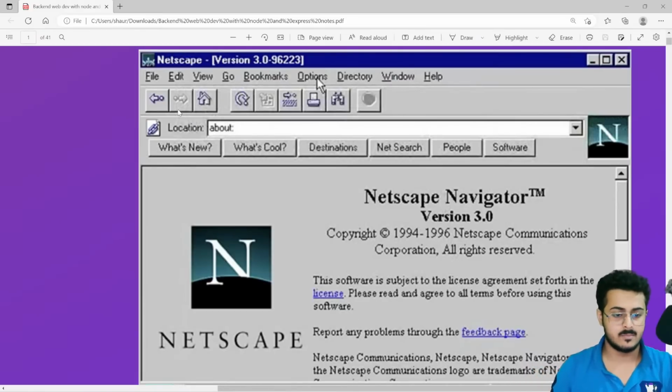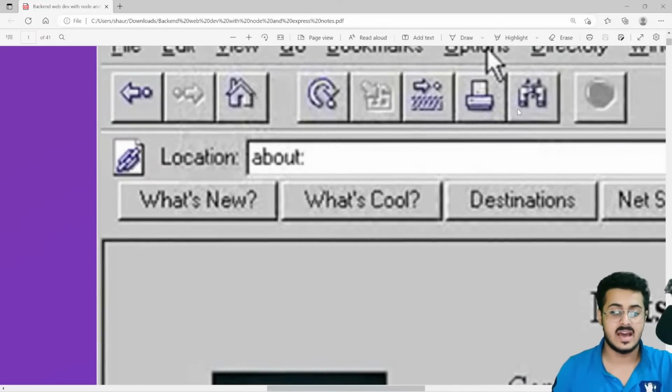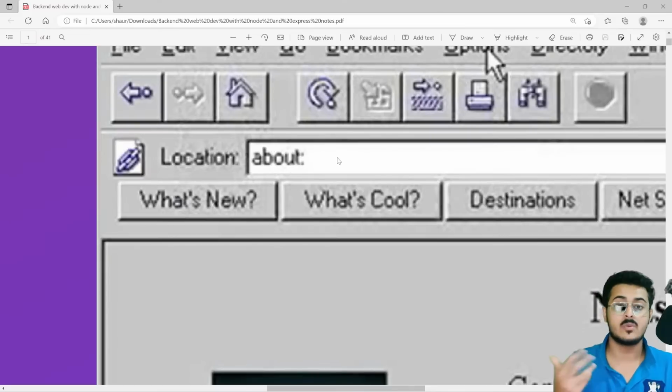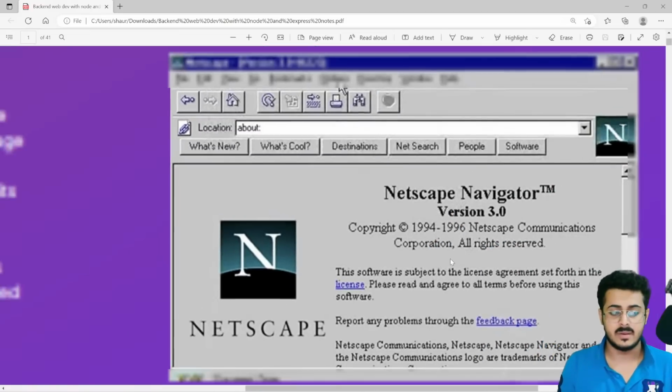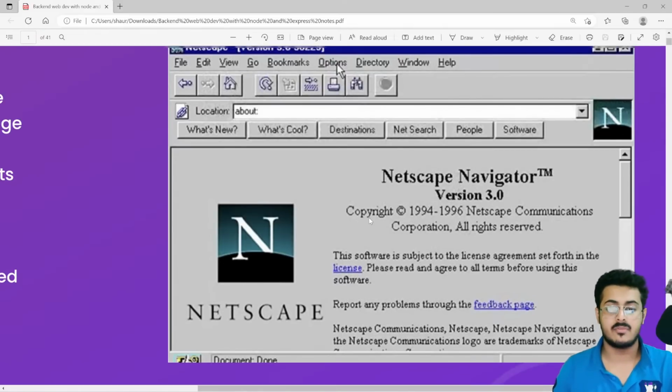You had a go back to the previous page button, a go to the next page button, a home button, a refresh the page button, a find button, and a print button. You have the location bar where you are able to put in your URL, the place that you want to go, like www.google.com. Then you have the body of the browser, the window where you are able to see the entire website itself. So that is an example of a web browser.